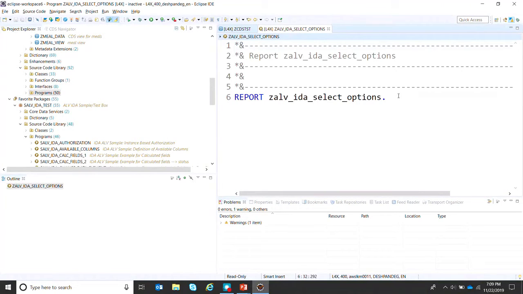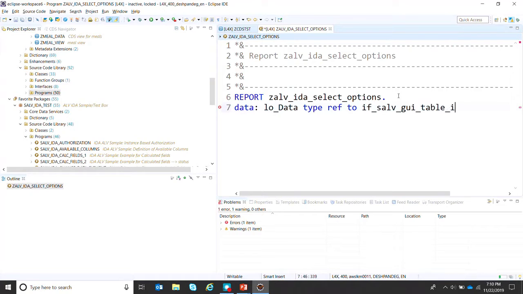So here in this program, first I am going to declare a variable of type reference to IF_SALV_GUI_TABLE_IDA, and this is a standard interface. I have declared a variable of this, and now I am going to